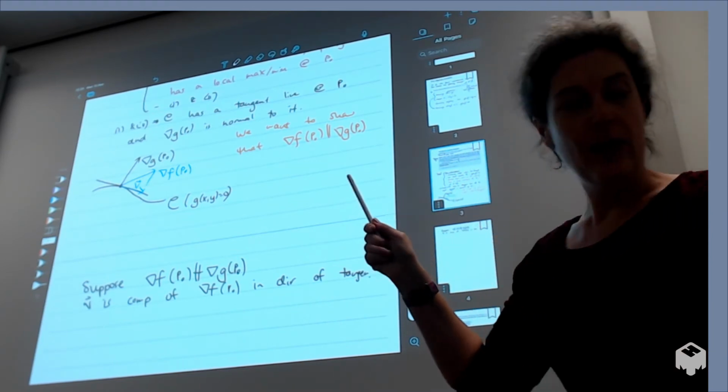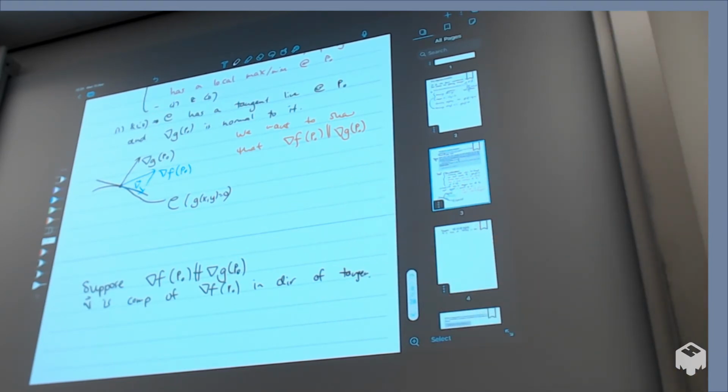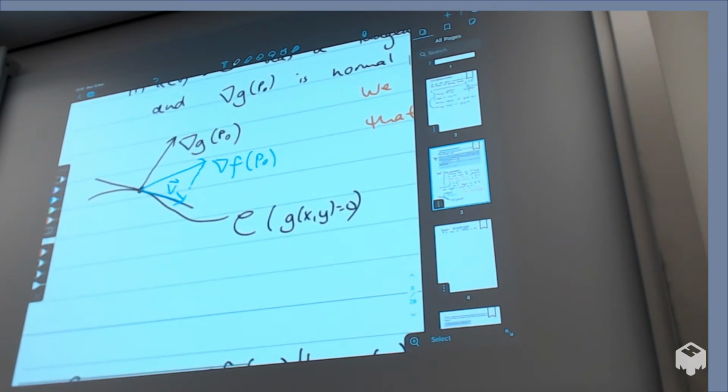If we look at little areas on either side of this point P naught that we're interested in,